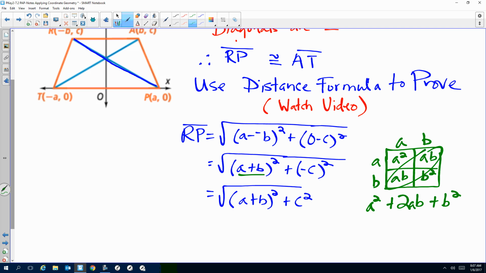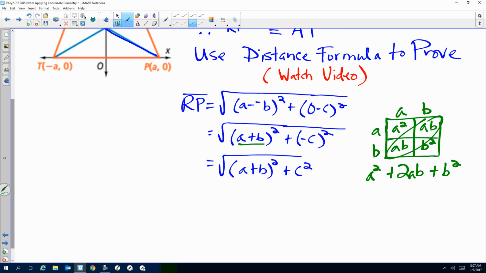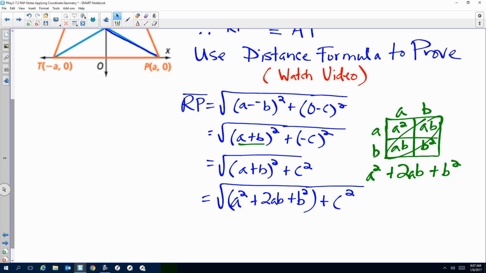So I could show that all combined, write that here as a squared plus 2ab plus b squared, plus c squared. Okay? So what we have to do is check if our expression is the same, because this is RP,